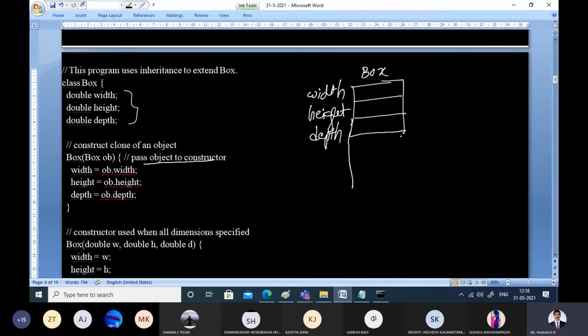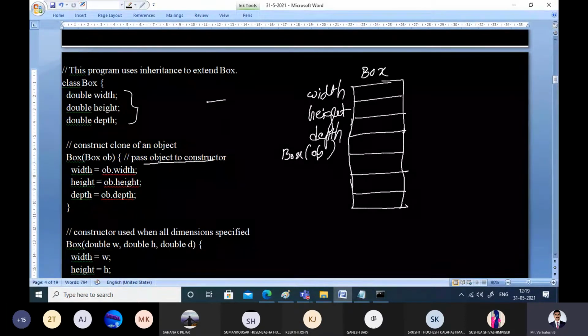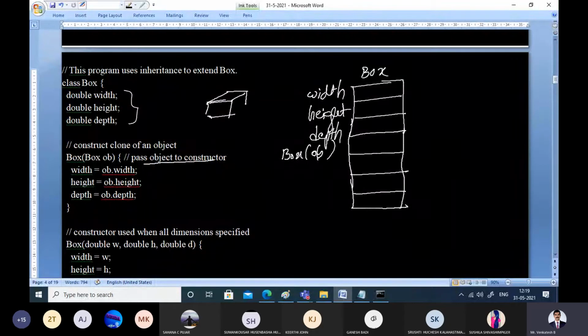That means it will have space for all the constructors, whatever constructors we are going to define throughout. So the first possible type of constructor is Box(Box ob). That is one constructor which takes an object as a parameter. This will take one box itself as a parameter. When the function is called, one independent box will be passed as the parameter.